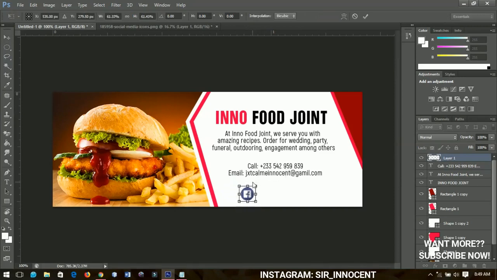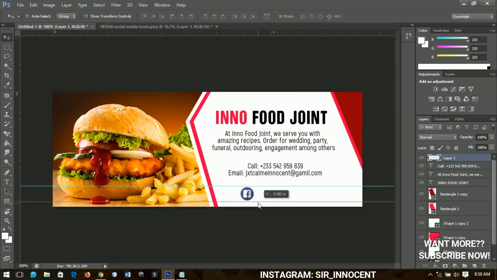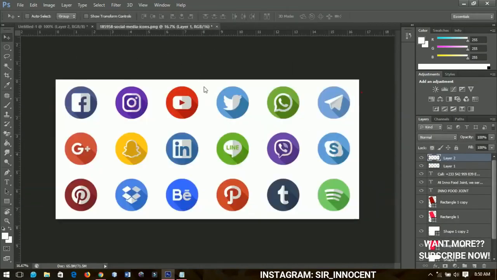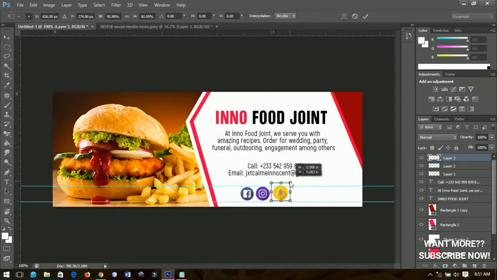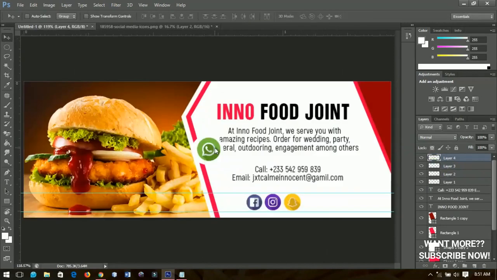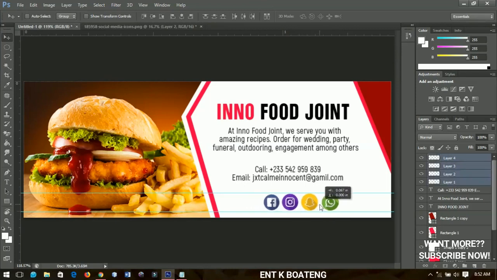All that we will do is make sure that we select it or we copy it out and then bring it over to our banner, and then we insert some rulers to guide us. So I'm going to do the same thing for the rest of the icons. When all is set and done, you just have to select them and then you position them somewhere around here,